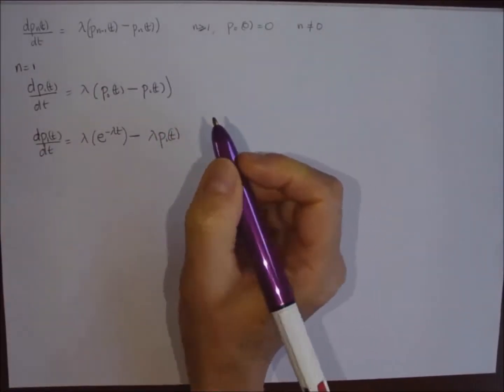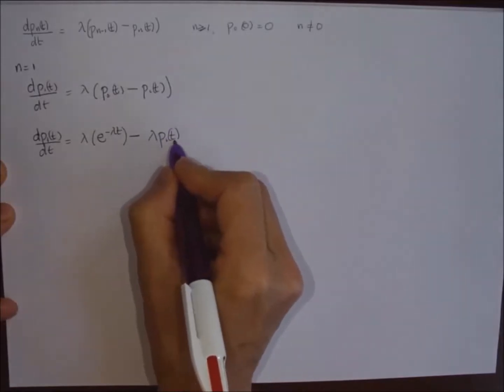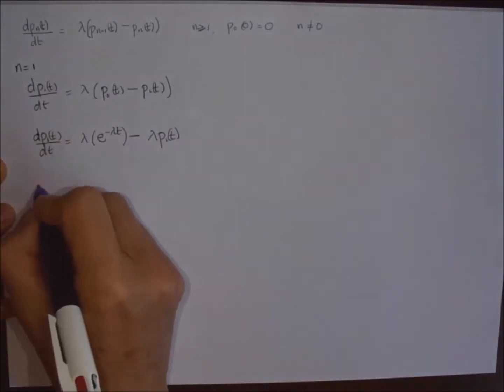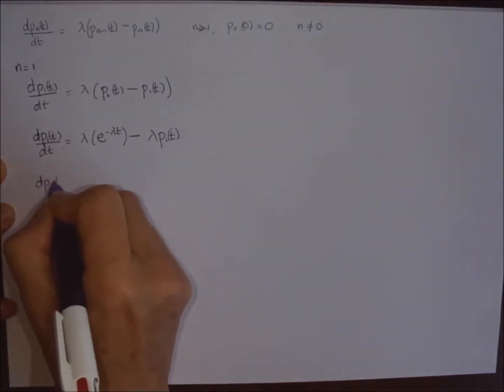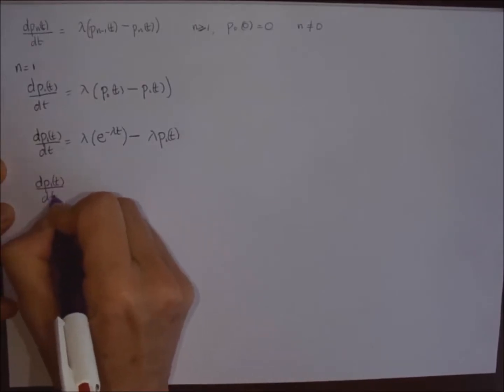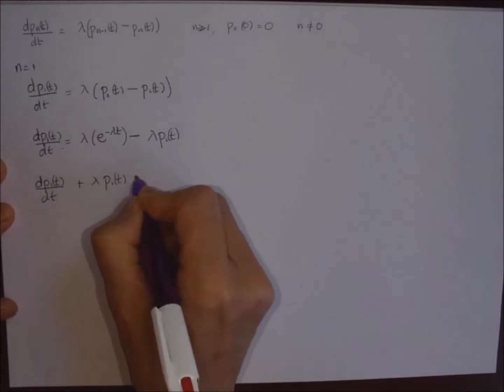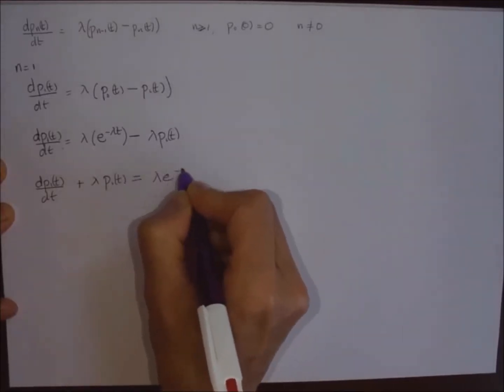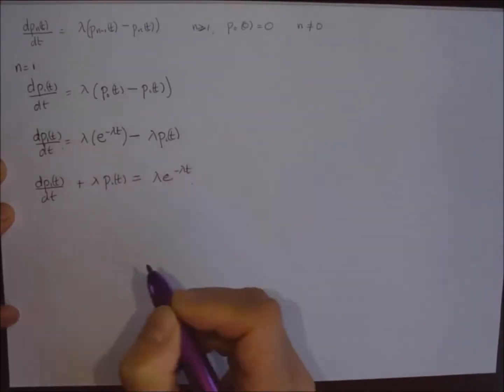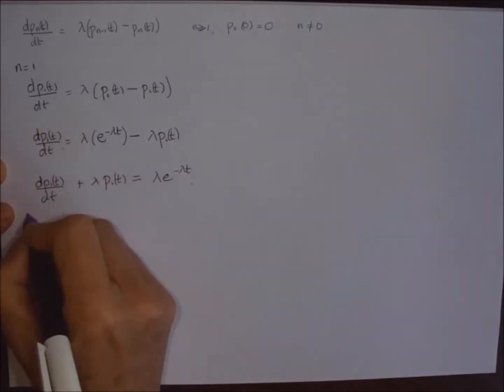Right, we can rearrange this equation, the p1 of t over to this side, so we have dp1 of t dt plus lambda p1 of t equals lambda e to the minus lambda t. And this here now is ready for an integrating factor